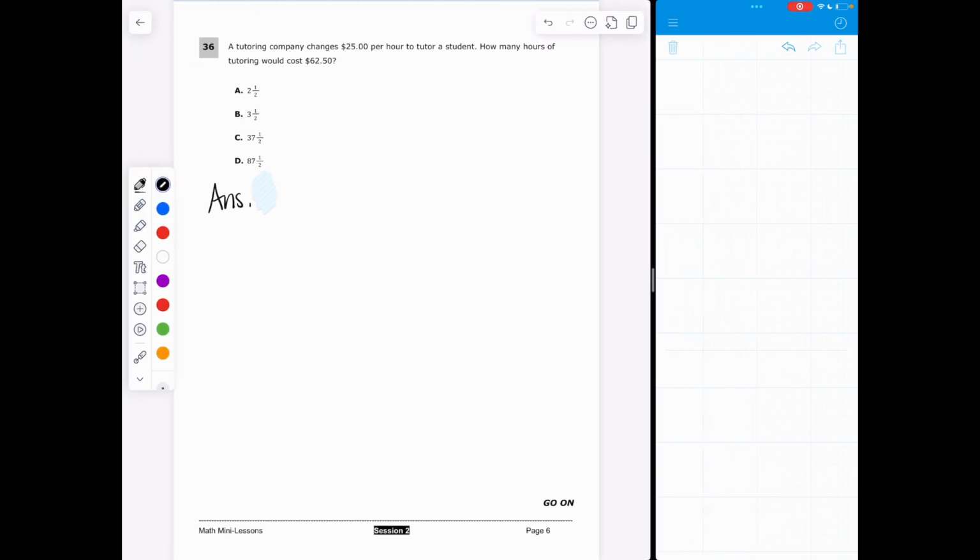All right, here we are at number 36. A tutoring company charges, I had a typo there, so it should be charges, $25 per hour to tutor a student. How many hours of tutoring will cost $62.50? So this is price per hour. So if it's $25 for 1 hour, how much to get to